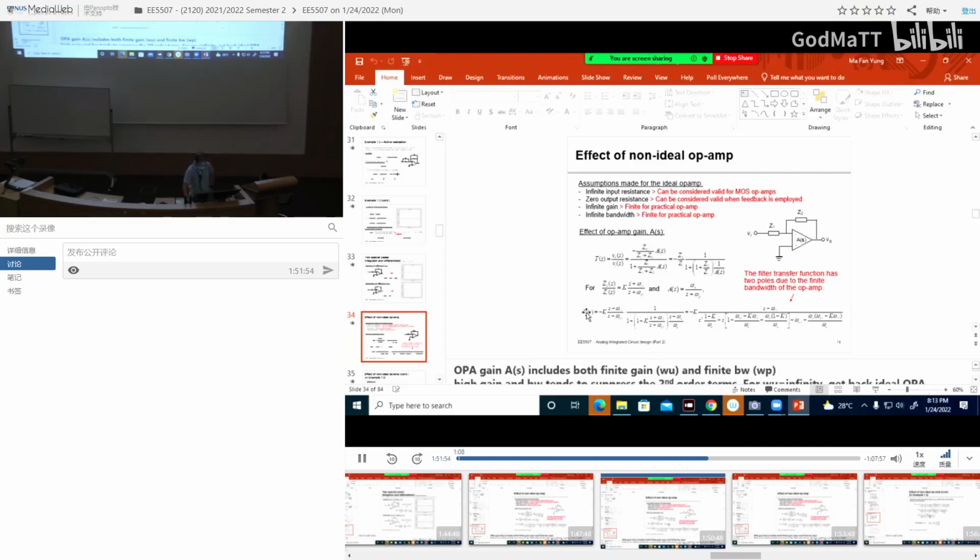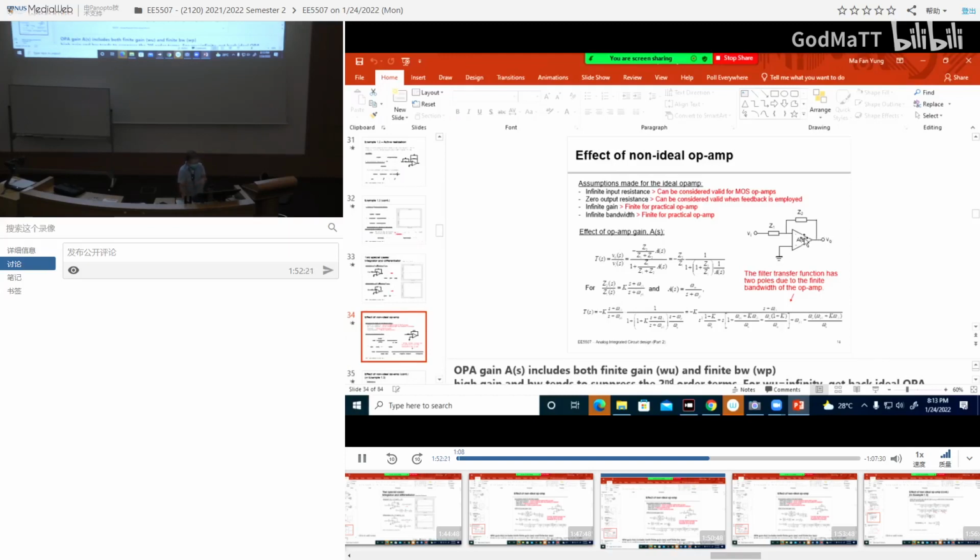Put all these things inside this equation, you will get quite a complicated equation now, for the transfer function of this simple inverting amplifier. Okay? With a real Z1, a real Z2, and a real op-amp. So you see,